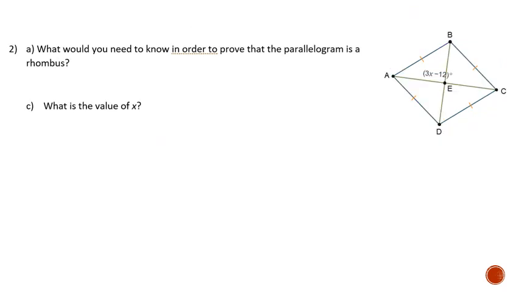In order to prove that this parallelogram is a rhombus, if you look back at your properties of rhombi on the first page, we would know that each diagonal creates a perpendicular angle. So I would need to know that 3x minus 12 equals 90 degrees. So angle AEB equals 90 degrees. So in order to figure out that value, I would need to write 90 equals 3x